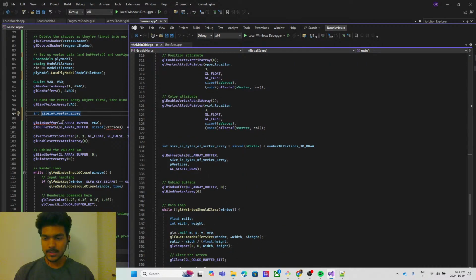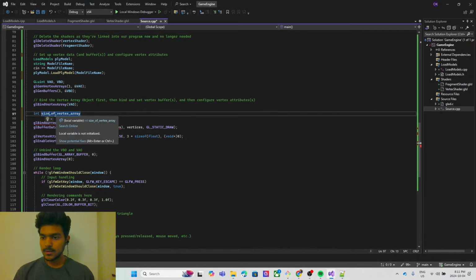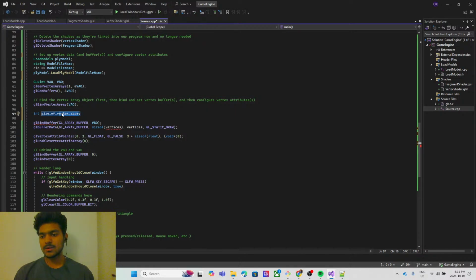Size in bytes of vertex array. Size in bytes of vertex array. Just call it VAO. I'm doing VAO here. Size of VAO equal to